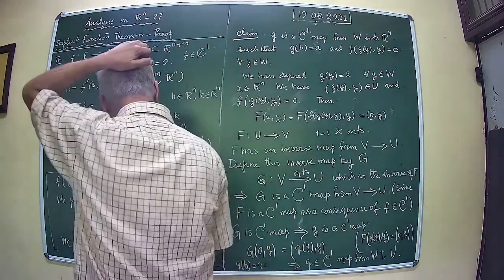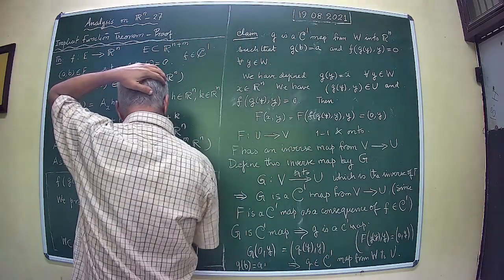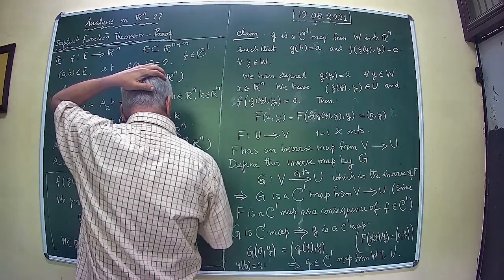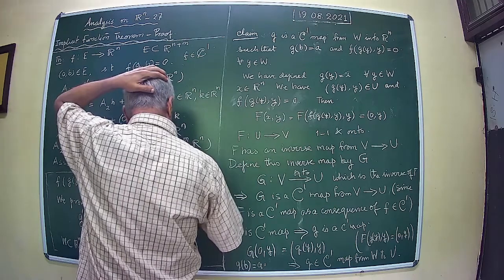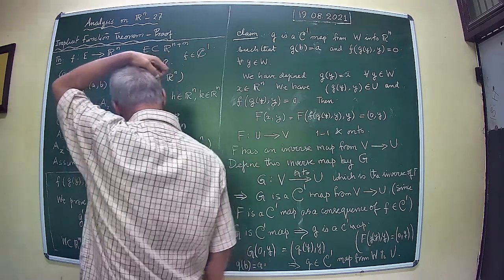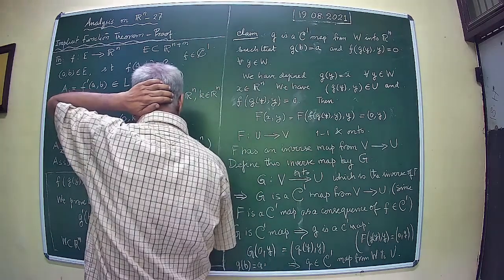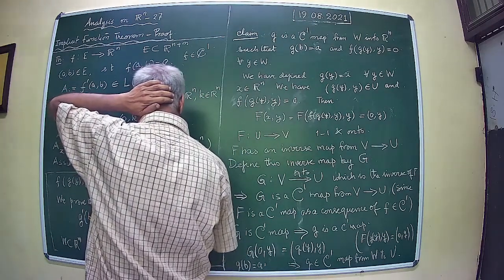You see that AX belongs to LRn, that is, it's a linear map on Rn and invertible. Therefore, AX inverse belongs to